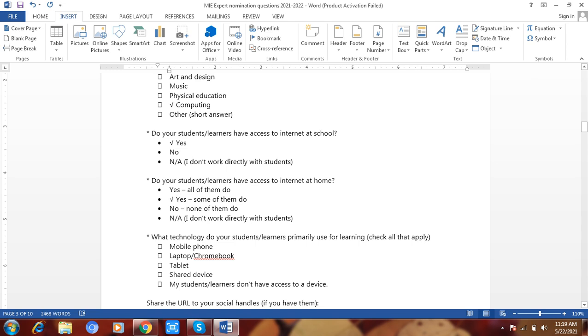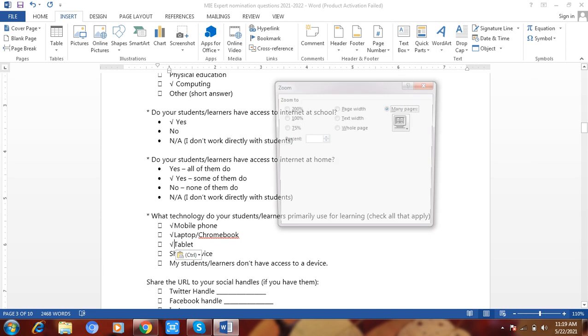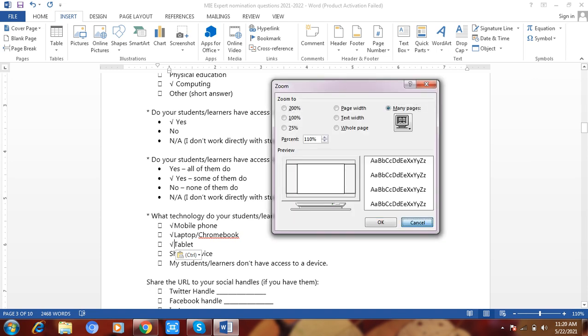Okay, now share the URL of your social handle if you have. Now if you have an account on Twitter, you will copy paste that one. If you have Facebook, you can. For example, I have Twitter and each and every thing inside that one.